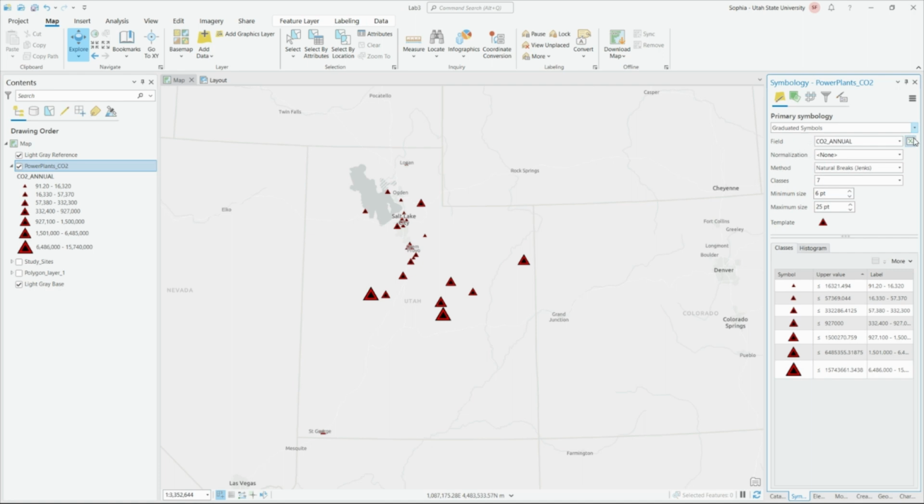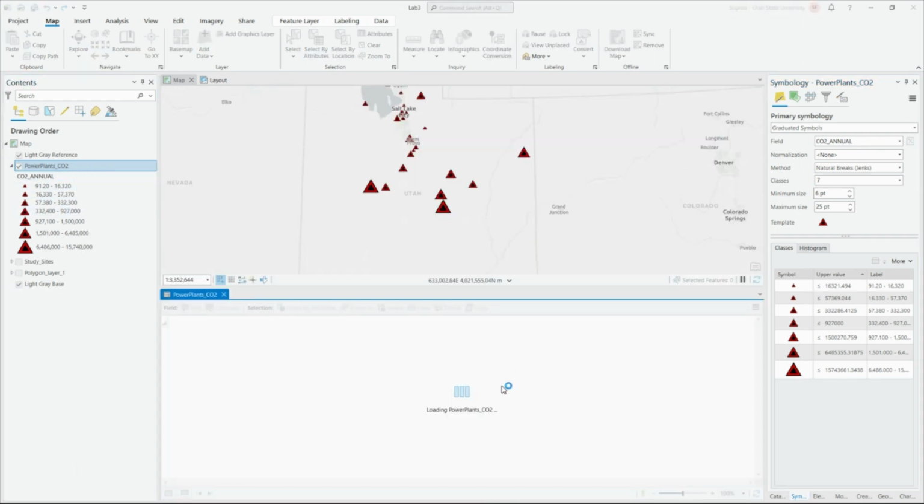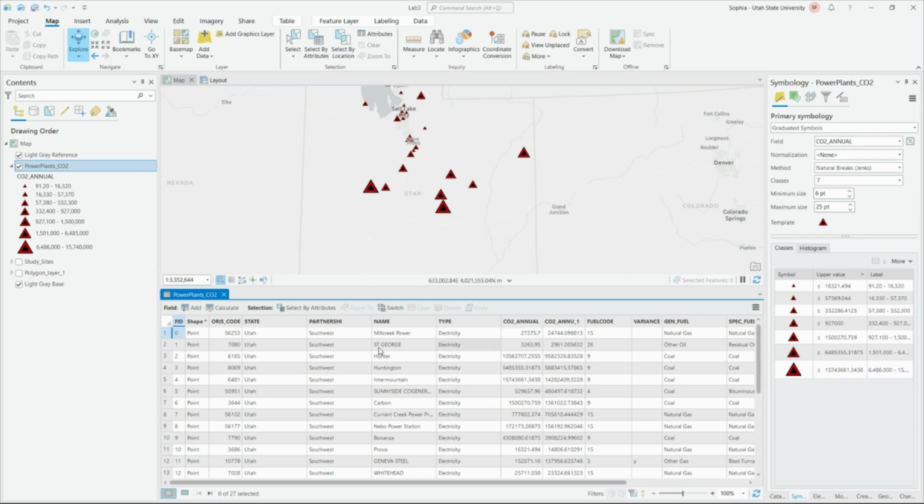Next, you're going to want to select what field that this is pulling from. It's not going to start out with the field that you want typically. If we come here to the attribute table, we'll see,